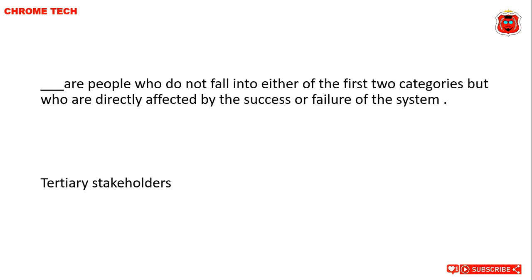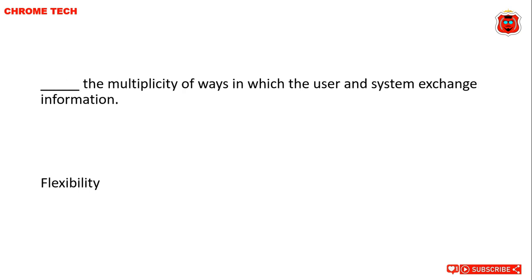Notations. Dash are people who do not fall into either of the first two categories, but who are directly affected by the success or failure of the system. Tertiary stakeholders. Tertiary stakeholder is the correct answer. Tertiary stakeholders are the people. Dash the